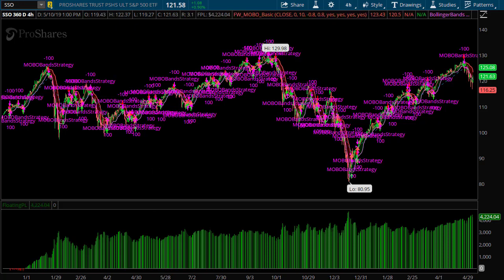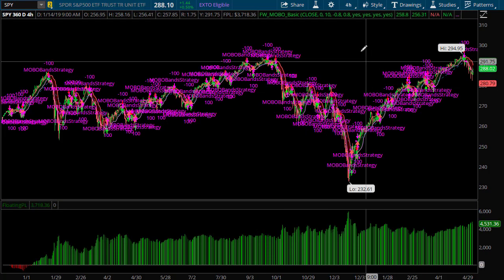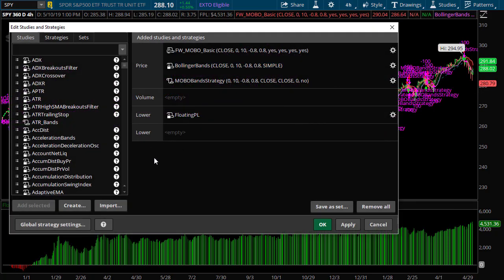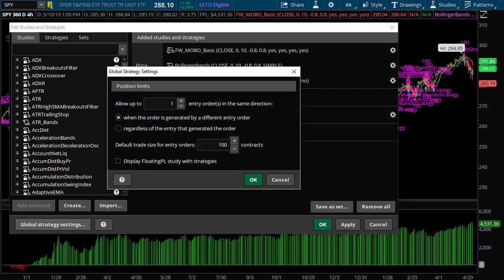So what we're talking about here is using leverage to make more money with the money that we want to allocate. So for the SPY example, some guys are going to be pissed when I do this, but I'm going to go in the strategy settings and let's talk about the trade size here. I put in 100 contracts, and that means 100 shares. So 100 shares of SPY. If you think about this for a second, if you were to buy a Delta 70 option, and I think that's the best